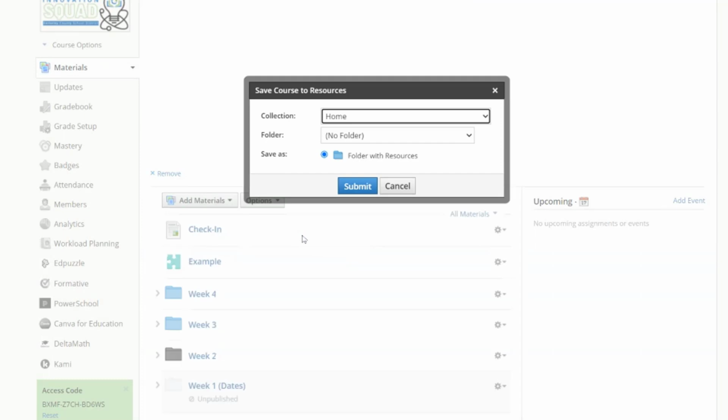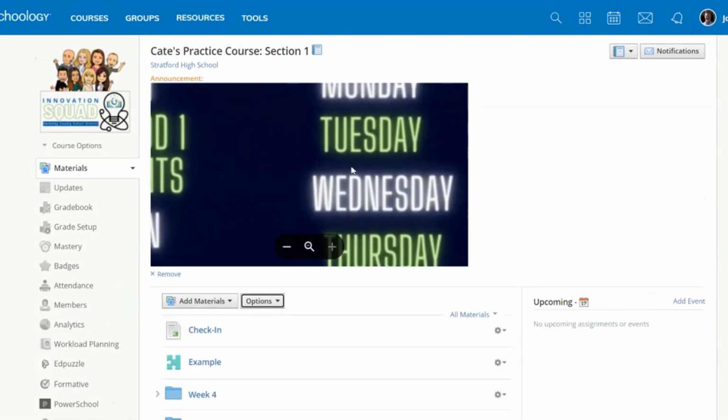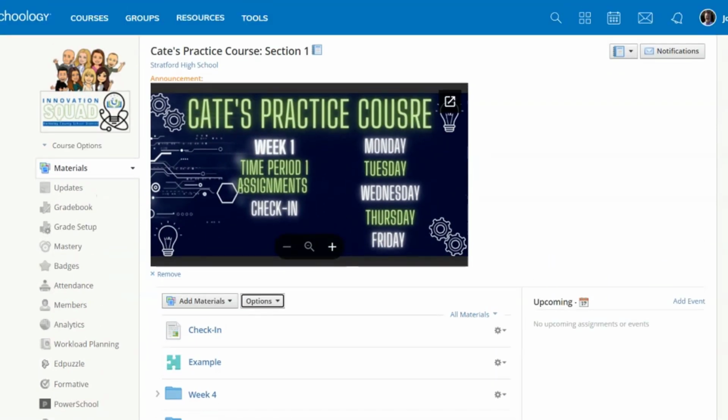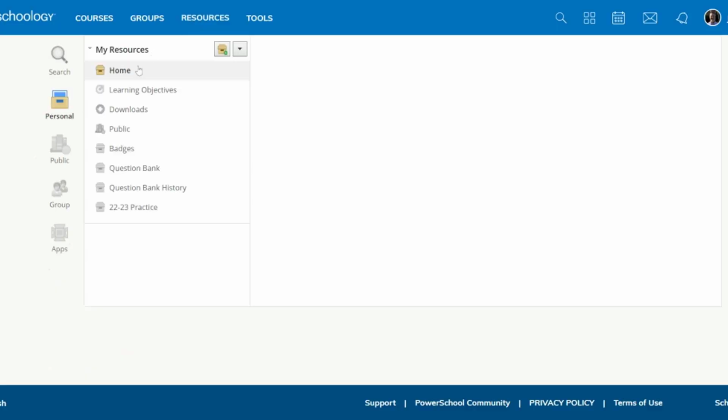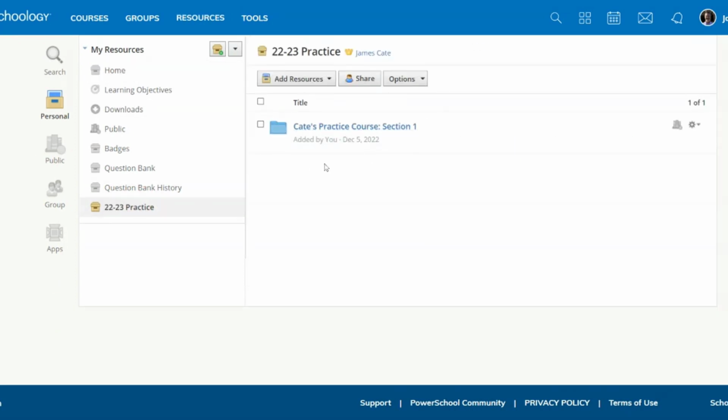So once you click that, then you would pick the collection that you want to send it to, in this case 22-23, and then I would hit the submit button and send that course over into my resources. So what does that look like? If I go to my resources and I hit the 22-23 practice collection, you can see now that it took that whole course and created a folder inside of that collection,